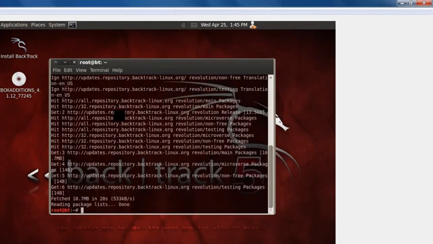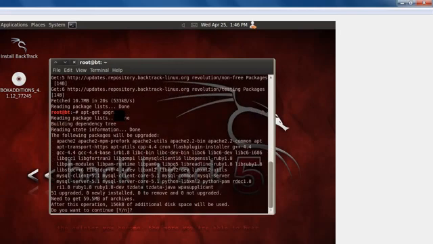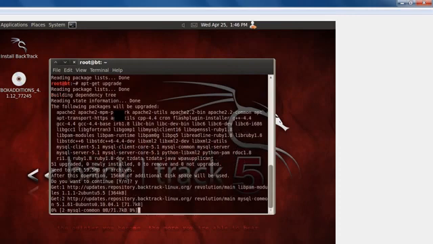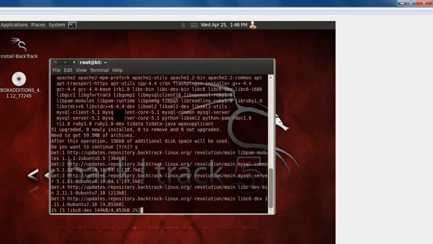Okay, so now we've got the updated repositories. What we're going to do is do an apt-get upgrade, and this command is actually going to upgrade the operating system. So if there is any new parts, as you can see, we've got 60 meg worth of updates. We're just going to hit Y there, and this is going to go off and download these